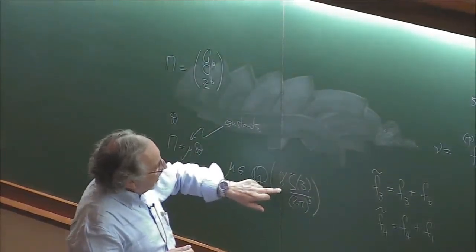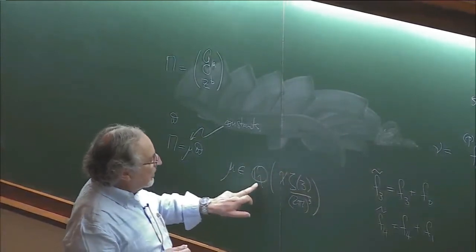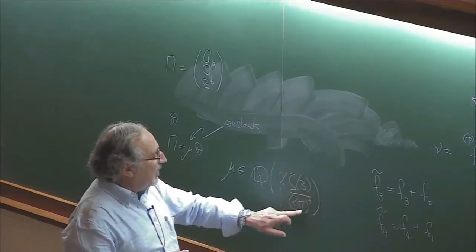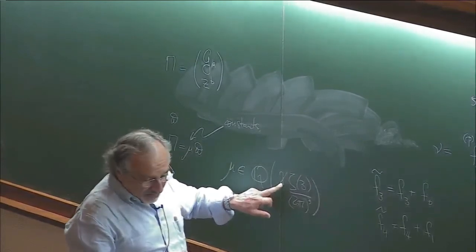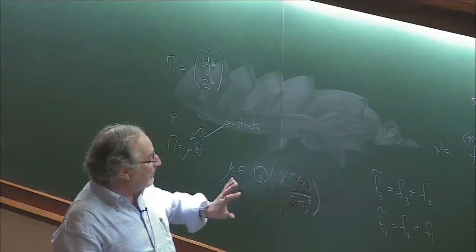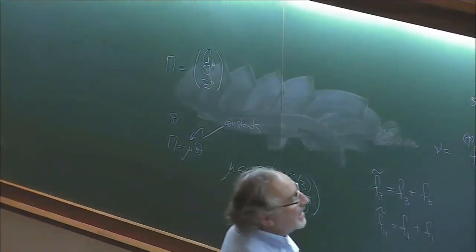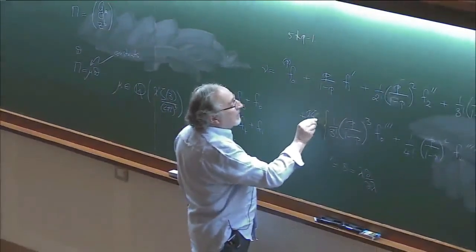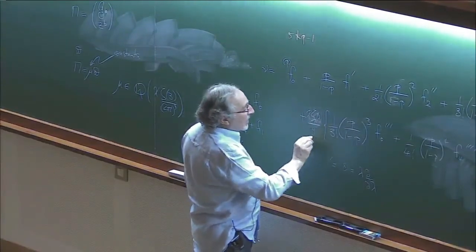So the statement is that the coefficients in this matrix are rational numbers, except that some of the numbers involve zeta of 3 and 2 pi i cubed. So the rational numbers extended by that, and it comes multiplied by the Euler number, which means that if the Euler number of the manifold is 0, then these are in fact just rational. This number here is chi zeta p of 3 over (2 pi i) cubed.